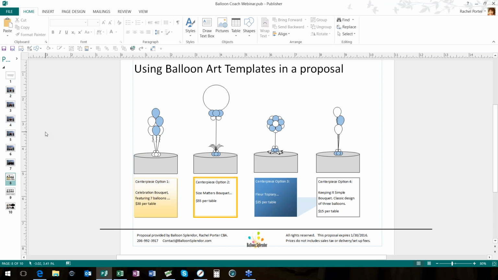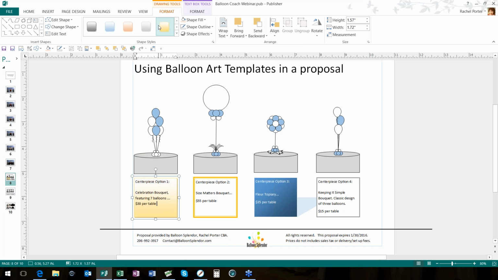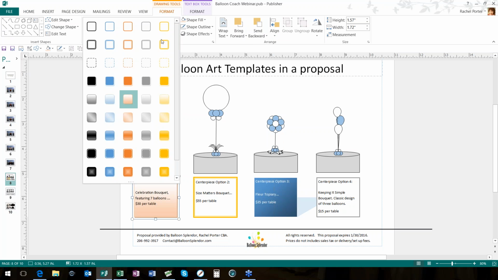So some of the other fun formatting things that you can do within Publisher, I have these text boxes here, and I have them finished off in different ways. When you click on the text box, you've got some drawing tools formatting and text box tool formatting. And this is where I went to pick some automatic formats where you can kind of change the look of it. And there's this whole bunch of different choices here that you can kind of hover over, and you can have a lot of fun. Some of it looks kind of gaudy, but